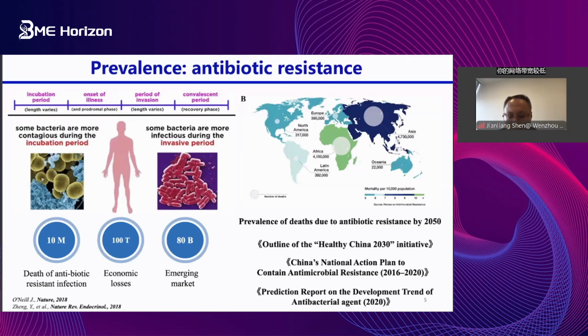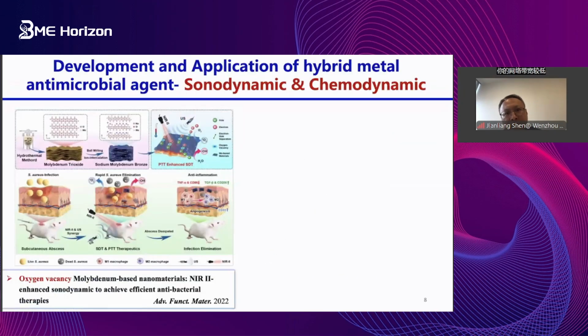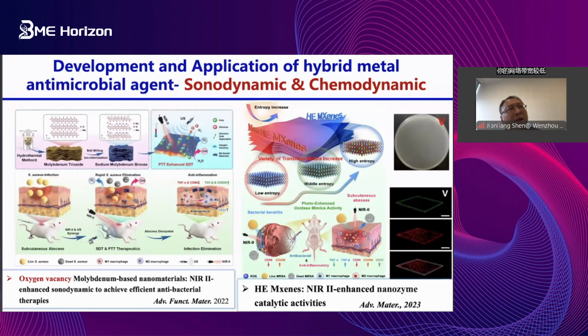Actually, I didn't show many slides of our details. I will tell you that our hybrid system was evaluated on positive and negative bacteria. Both of them, they can kill the bacteria very effectively because this hybrid system is not dependent on antibiotics. They can generate reactive oxygen species, or we can use photothermal therapy. They can kill both negative and positive bacteria. That is a very, very effective way to fight against bacteria.